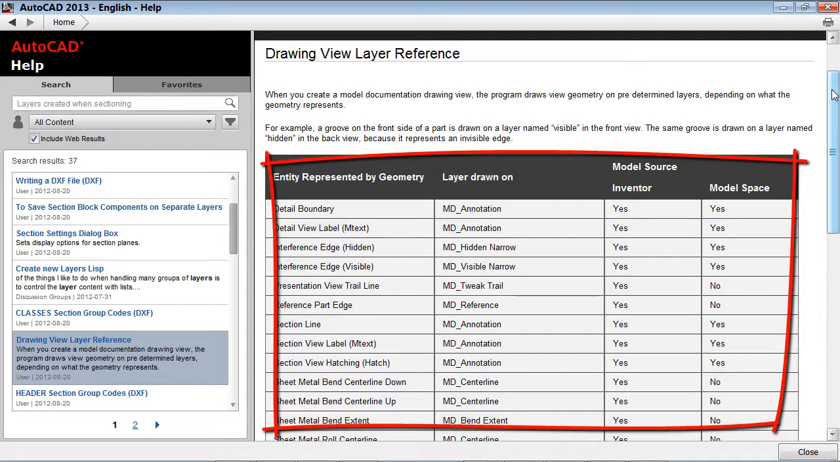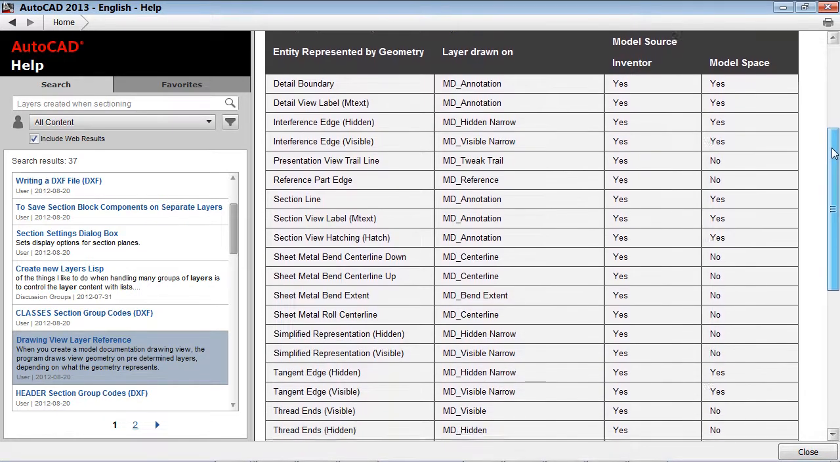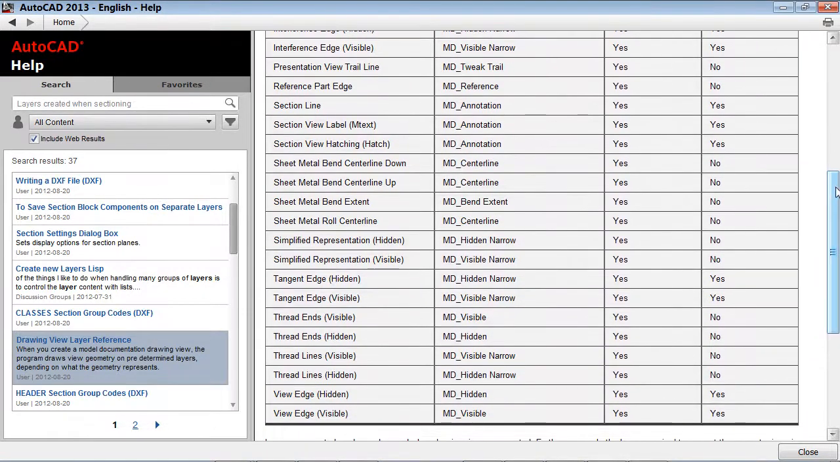As we have been creating our different views, different layers have been created. So whether you're using Autodesk Inventor or Model Space in AutoCAD, if you look at the entity represented by geometry, then what layer it gets drawn on, you get a good understanding of how AutoCAD will build a layering structure around drawing views. I'm going to scroll down a little bit so you can see other types of layers